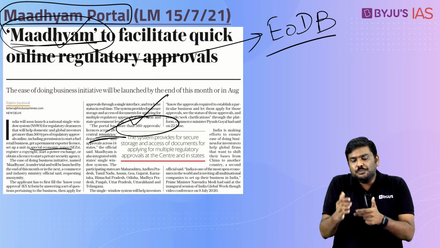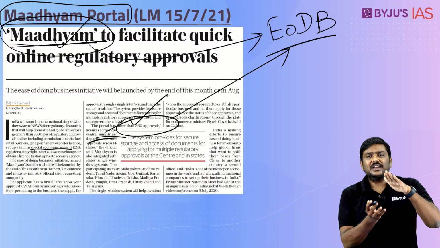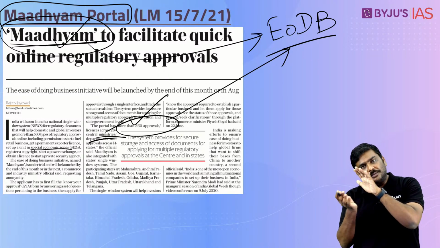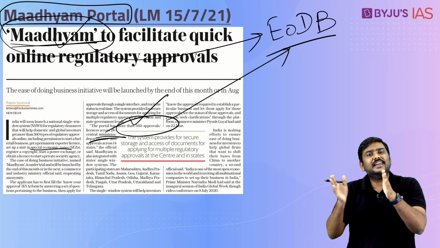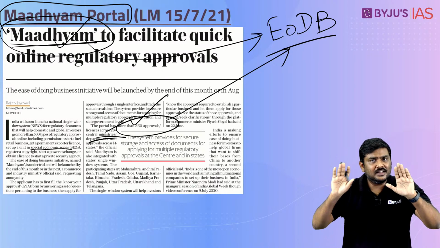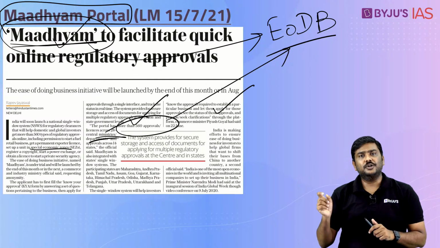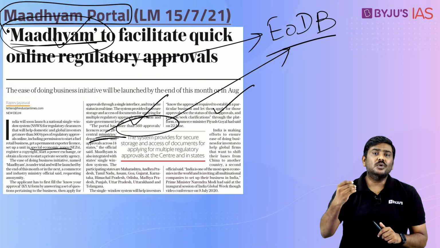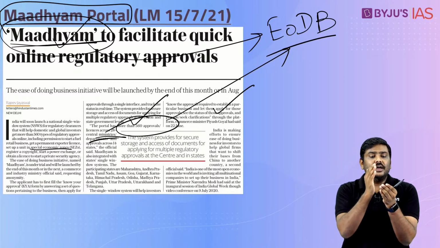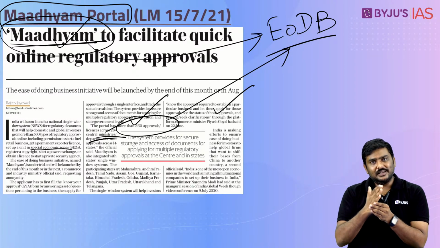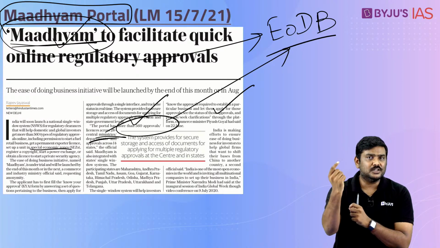And this is expected to promote the concept of ease of doing business. Not only this, this particular portal has been integrated with the portals for the same concept introduced by many of the state governments. So there is an integration at the central as well as at the state level. In addition to this, the portal will also provide information related to what kind of regulatory approvals one will require to start a particular business. In simple terms, education and information will be provided to these investors as to what kind of approvals they actually require.